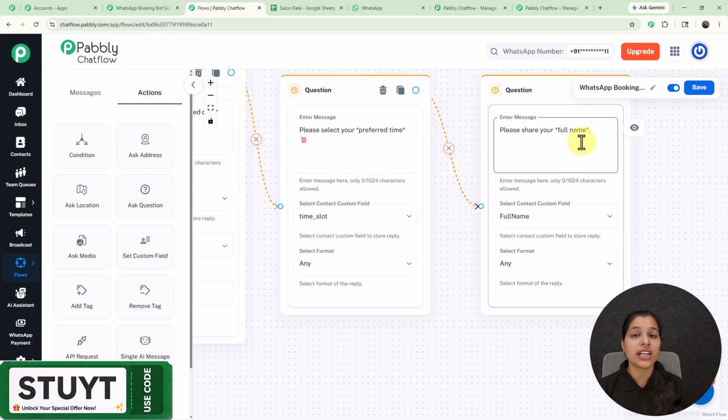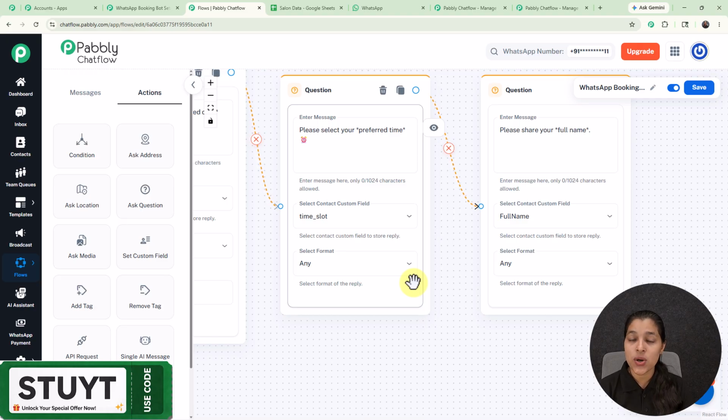Now if my user provides me answers to all these questions, I want to save this data to my Google Sheet, and for that I have to use this node that is API request. So by using API request, I'm going to integrate my Pabbly Chatflow with Pabbly Connect. Pabbly Connect is an amazing automation tool provided by Pabbly which helps you to integrate thousands of applications. So by using Pabbly Connect, I'm going to integrate my Pabbly Chatflow with the Google Sheet, and I have already